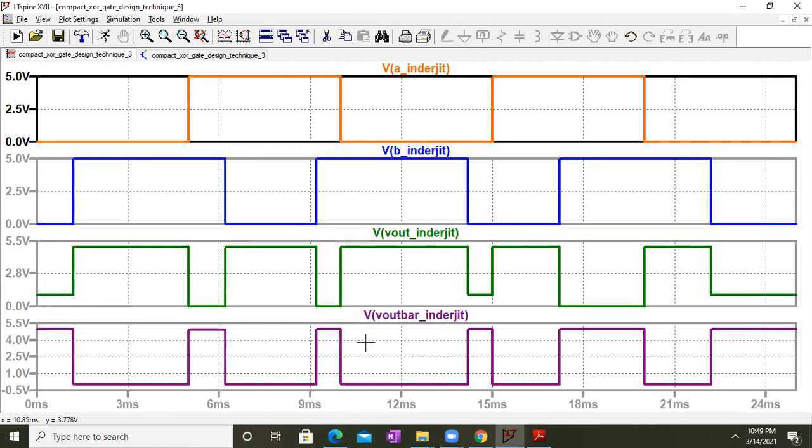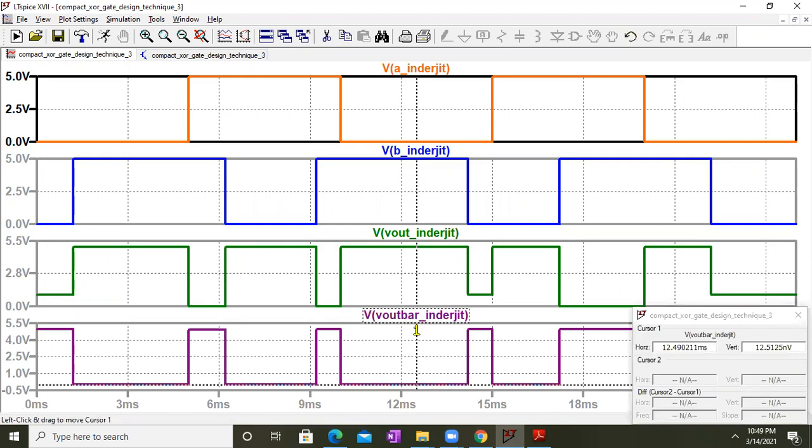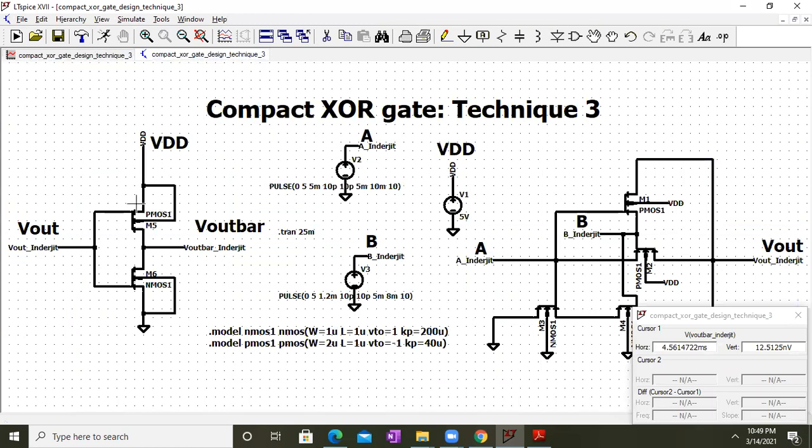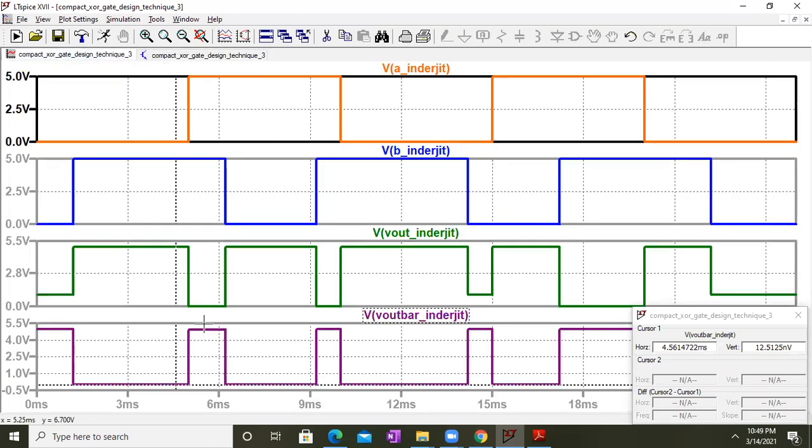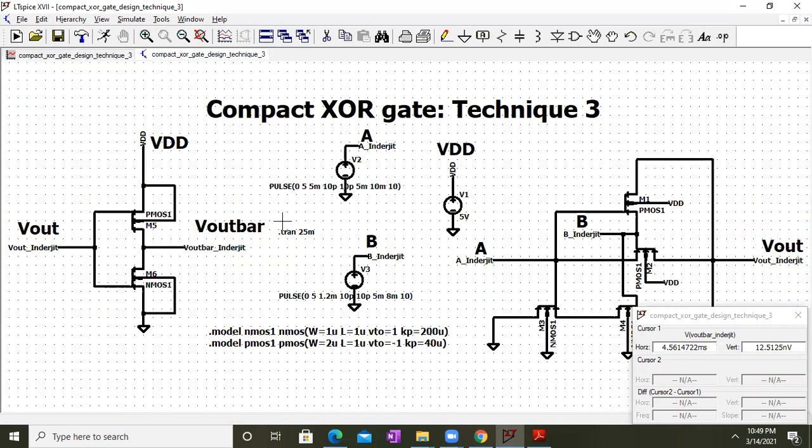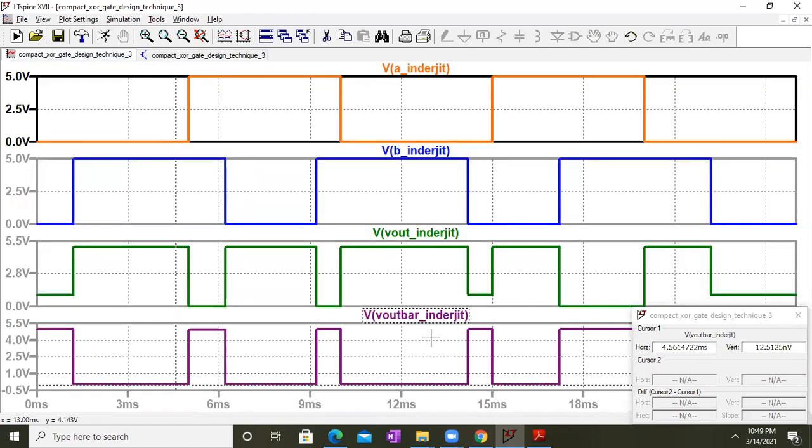Basically, what we are trying to say over here is we get a full swing. So you see 0 is 0 volt and logic 1 is 5 volt, as you can see in all the cases. So we get a full swing. But at the same time, instead of getting XOR gate logic, we are getting XNOR logic. So the functionality of the circuit is changing. And additionally, we are requiring 2 more transistors. So that will give us the full swing back. But functionality wise, it's changing. It's becoming an XNOR gate after adding an inverter, but we get a full swing at the output.